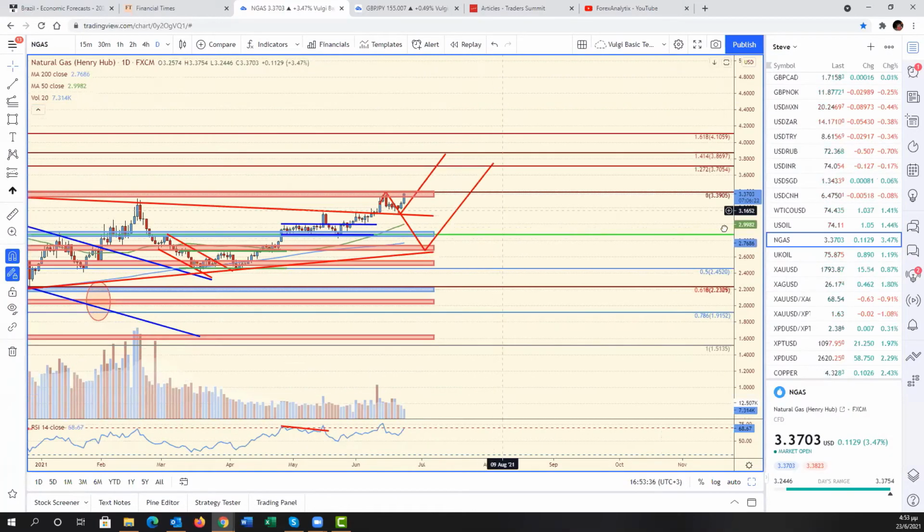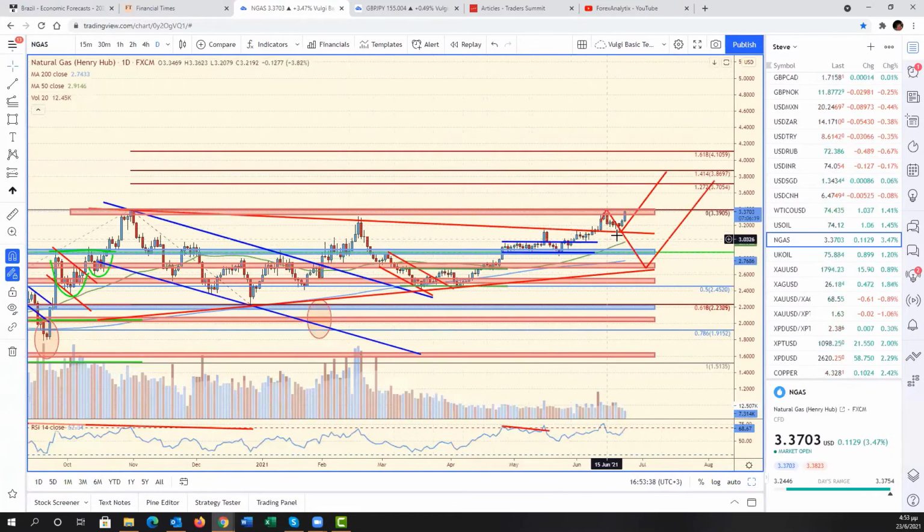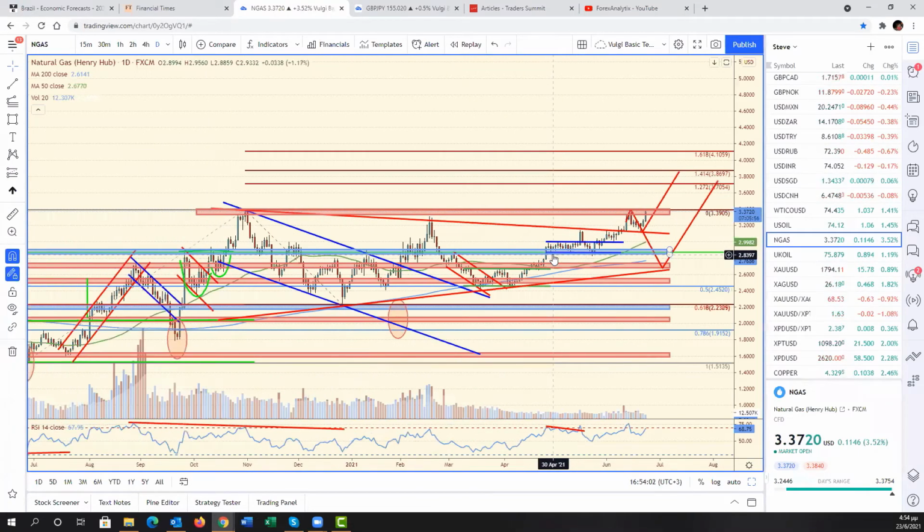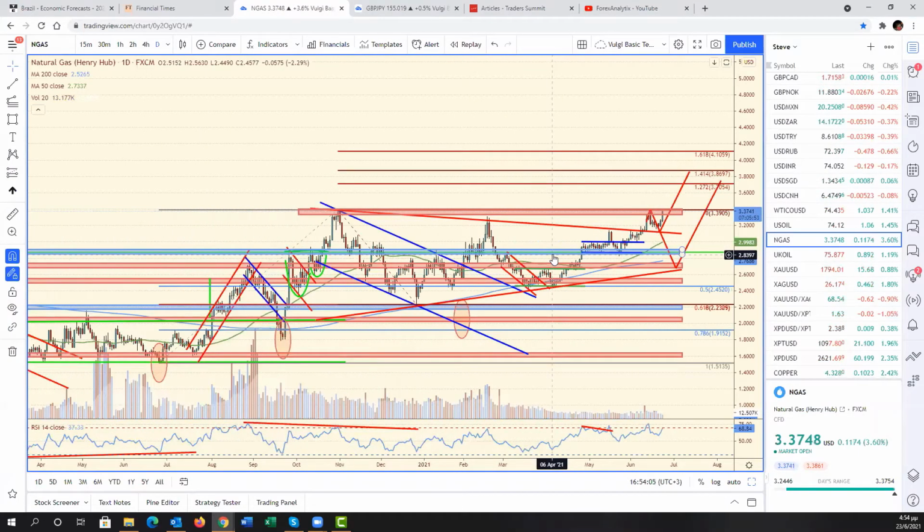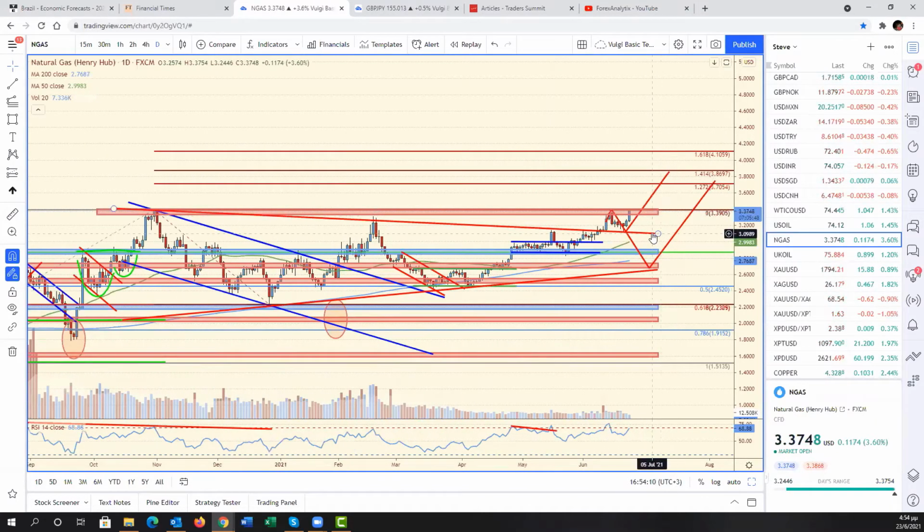We talked about natural gas. I redrew this triangle earlier today because the move lower looked corrective to me. The way we stalled, and especially the way we're moving higher today, points more towards this direction. Now we're testing the previous high at 3.39. So I maintain a bullish bias here in natural gas. I think we're going much higher, with 4.1 dollars being the next upside target, and definitely no reason to be bearish as long as we trade above